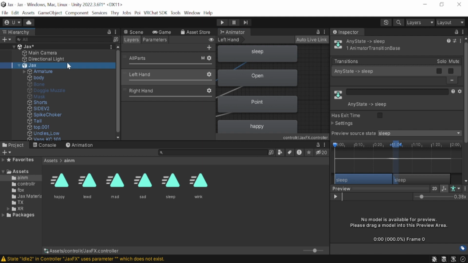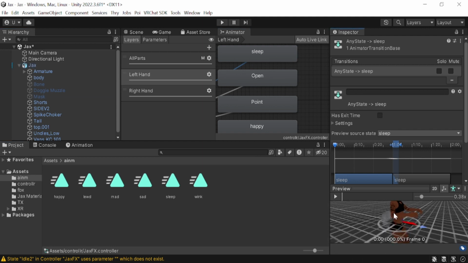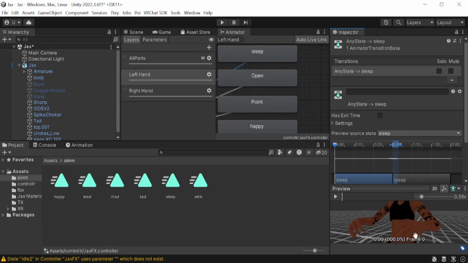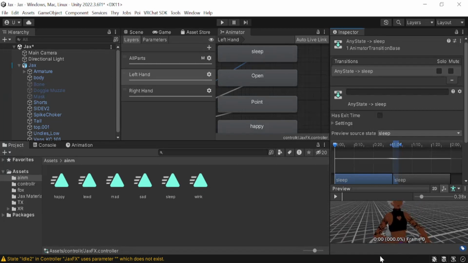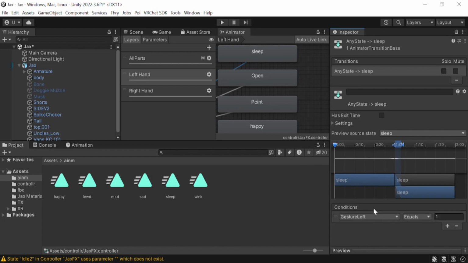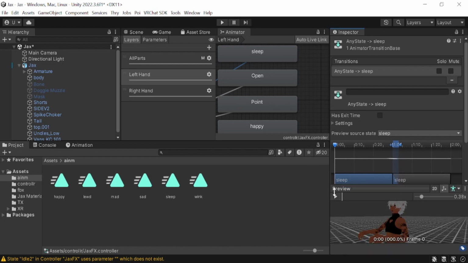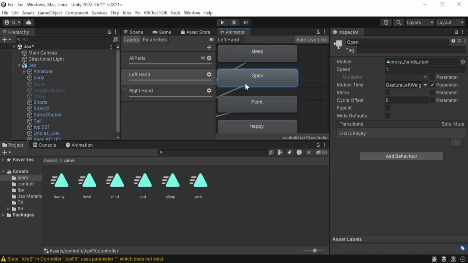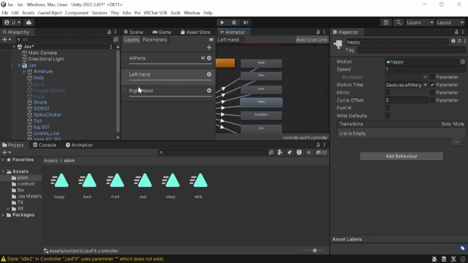So when you click onto it, let me drag Jax here. When you drag it on and then click play, every time he makes the fist, his eyes will go to sleep. Okay? That's basically how you would do it, and then I did the peace sign to make it happy